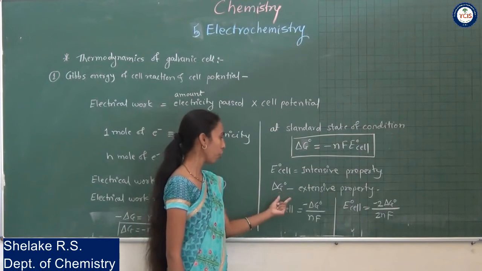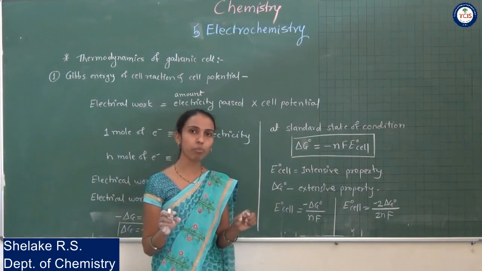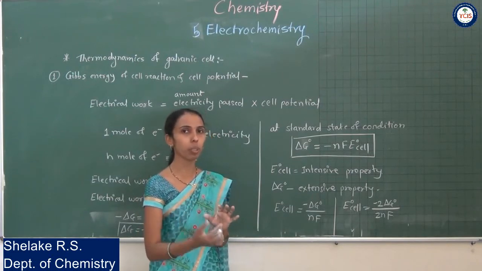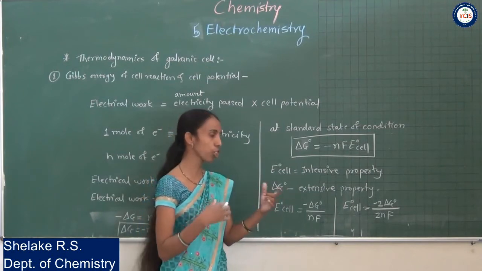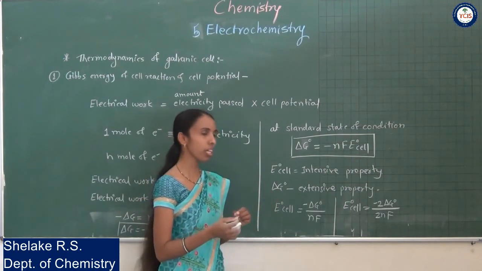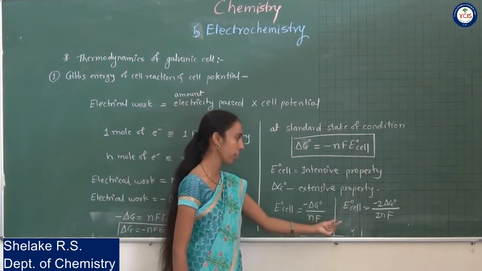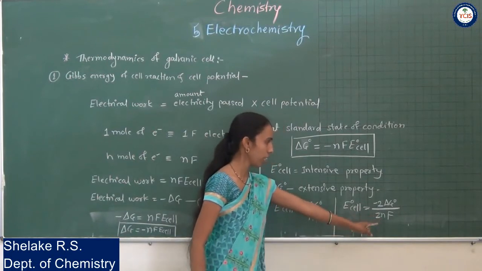Okay. Now for that, suppose we have taken any cell reaction. For a stoichiometry of this reaction, suppose you multiplied by the 2. Example म्हणून आपण घेतले की 2 ने मल्टिप्लाय केलं समजा, तर तिथं काय होणार आहे? डेल्टा G0 ची व्हॅल्यू डबल होईल. सिमिलरली नंबर ऑफ इलेक्ट्रॉन्स सुद्धा काय होणार आहे? डबल होणार आहे. म्हणजे n ची व्हॅल्यू सुद्धा डबल होणार. सो this equation will change as like this.